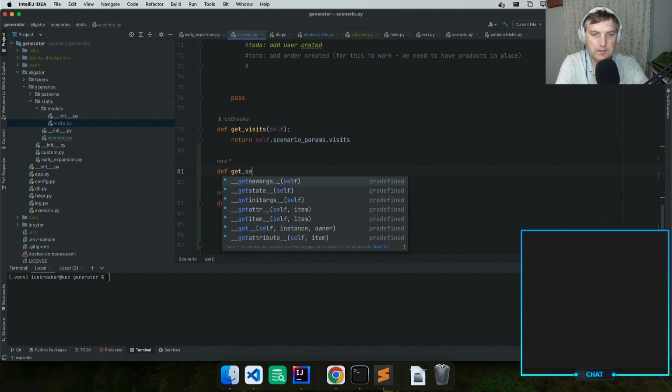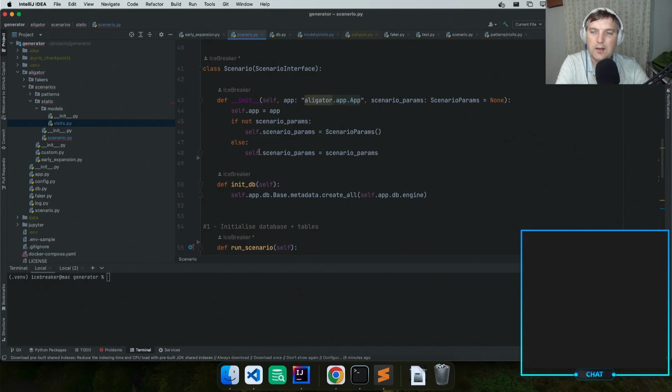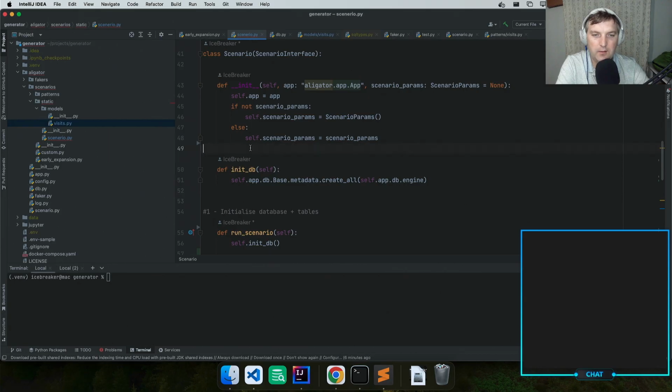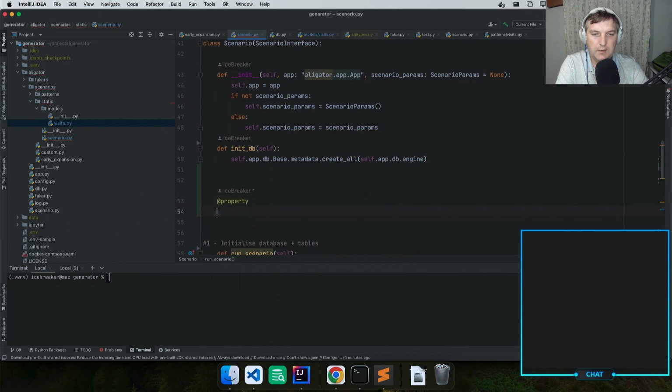def get_seed, or actually we should just go with a custom property which we design, and later we can figure out if we want the seed to be part of the parameters or something else. So let's just go with something like this. We have a property which is seed, right? And it should return whatever the value is, so self.scenario_params, and we want to get seed, right? And what we could do, if seed, we want to return seed, else return a random number,